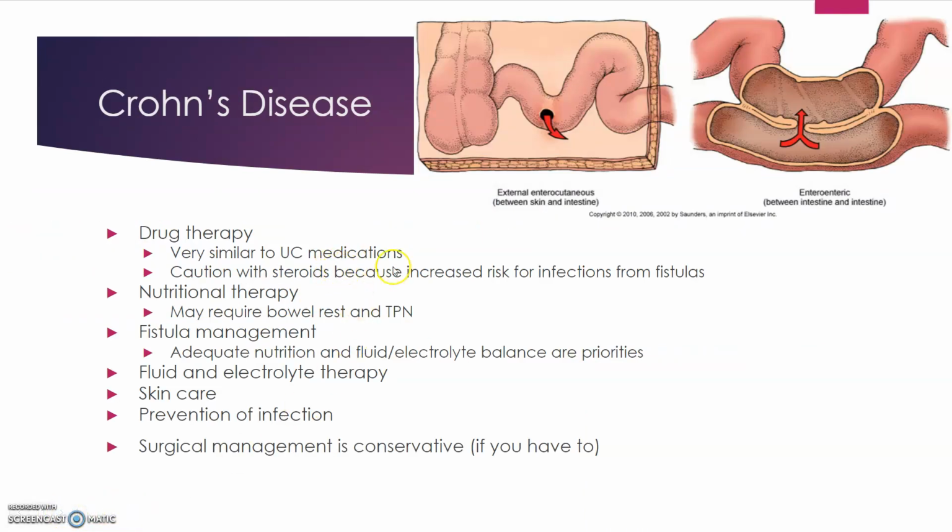Drug therapy: similar to UC, some steroids, so trying to calm that body down with steroids and the immunomodulators and all those other meds that we talked about. Nutritional therapy: once again, bowel rest and TPN. Fistula management. Oftentimes, if we can control that and start them on the steroids, then the fistulas and stuff like